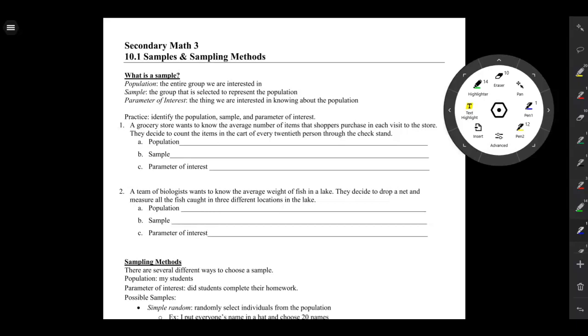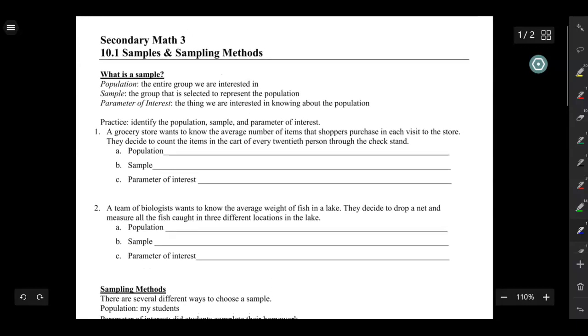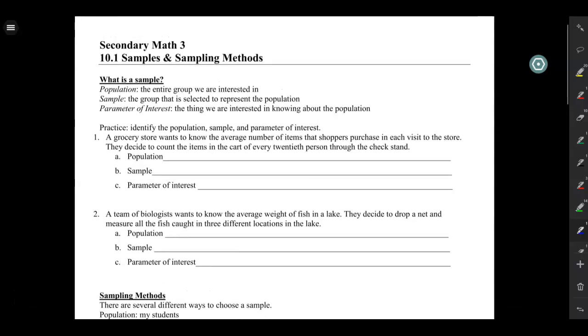In this video, we'll be talking about the basics of a statistical study. So specifically, we'll be looking at samples, populations, parameters of interest, and then a variety of different sampling techniques. So the first thing we're going to talk about is just the distinction between a population, a sample, and a